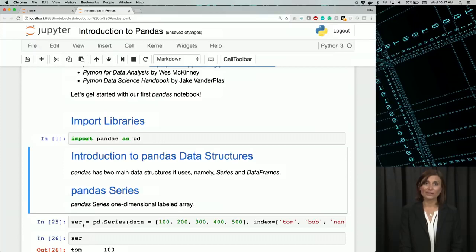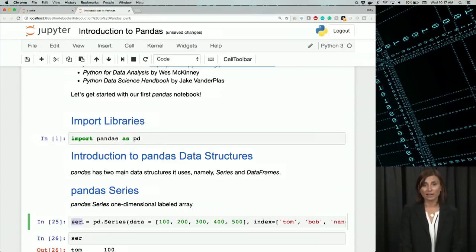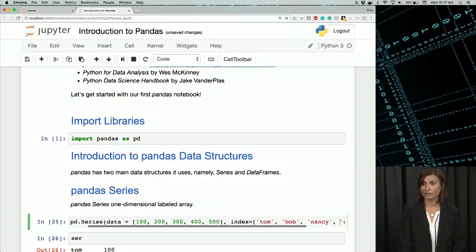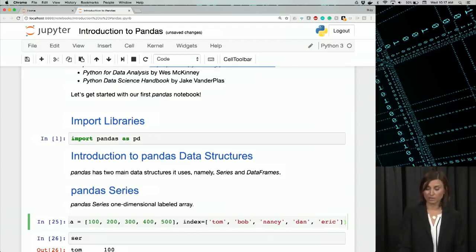Here, we create a series object called ser, which is like a NumPy array. But we can define the index labels, as you see here, together with the data. So I say ser equals pandas Series, in parentheses, data equals an array, comma, index equals, and we can name our indices anything we want there. We can actually go through, and we see that all of them are names. When I run this,